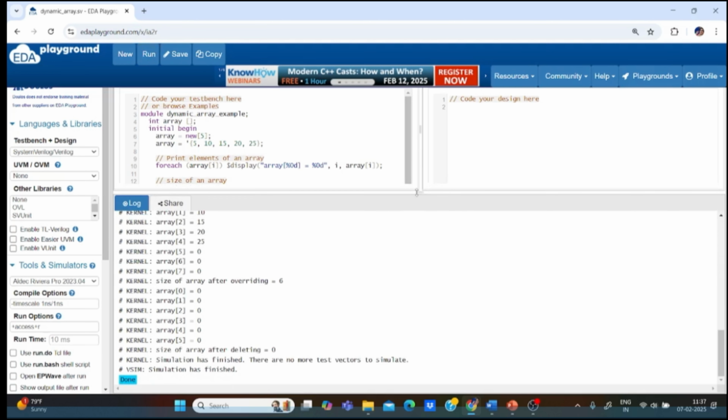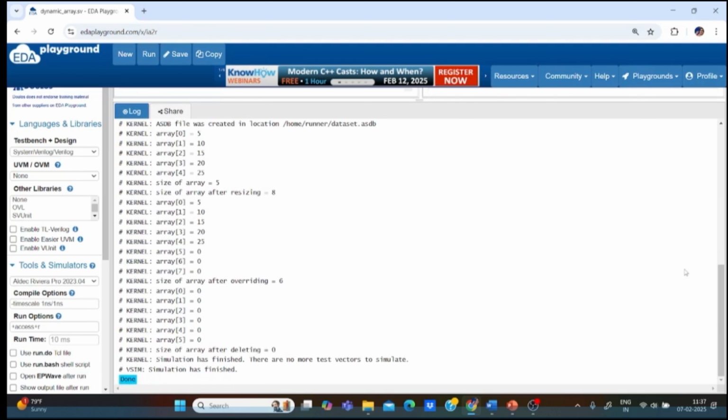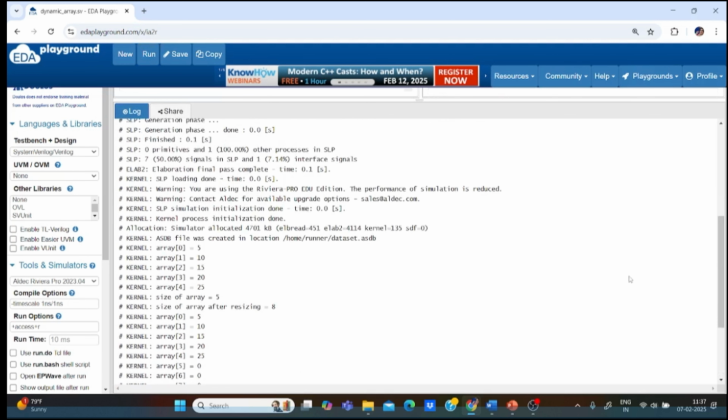Let us see. You have to run the code. After running, if you see the log file here, just like we have talked, first we have created 5 memory locations, so 0, 1, 2, 3, 4. The values are 5, 10, 15, 20, 25. After displaying the elements, I have also displayed the size of the array is 5. Now I have resized the array to 8,